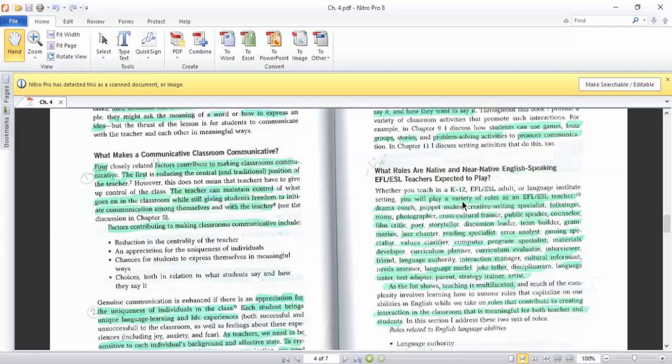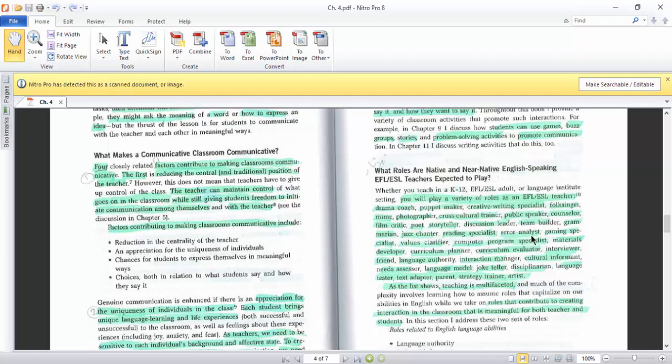You will play a variety of roles as EFL, ESL teachers, like drama coach, puppet maker, creative writing specialist, folksinger, mime, photographer, cross-cultural trainer, public speaker, counselor, film critic, poet, storyteller, discussion leader, team builder, grammarian, jazz chanter, reading